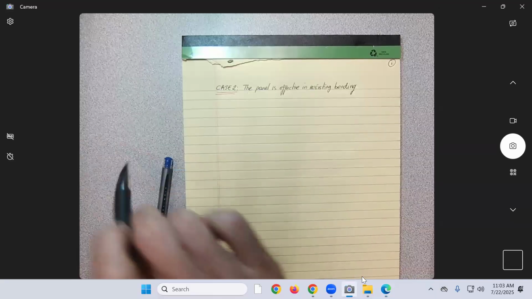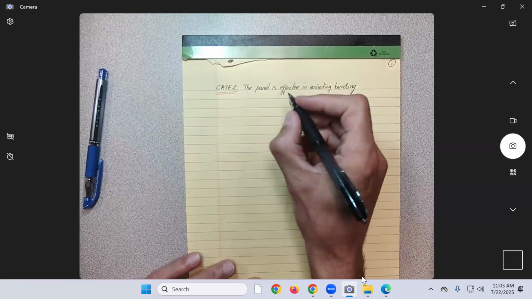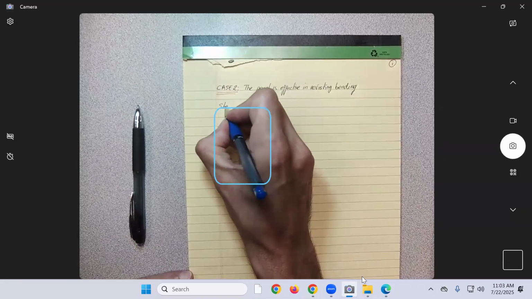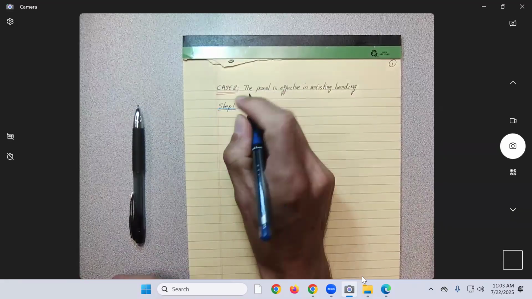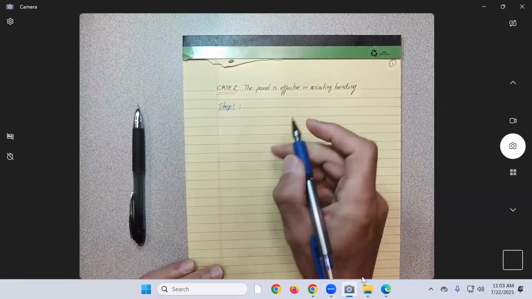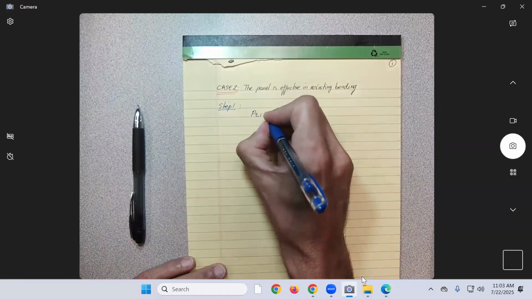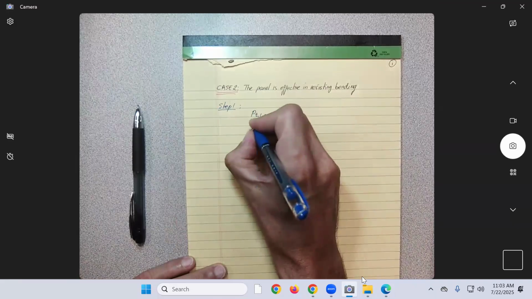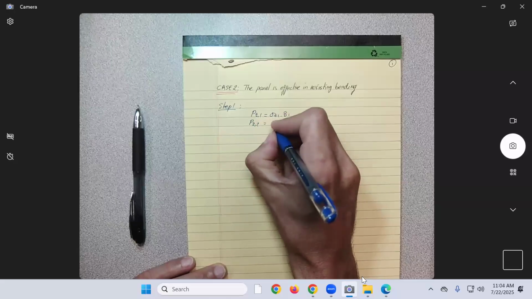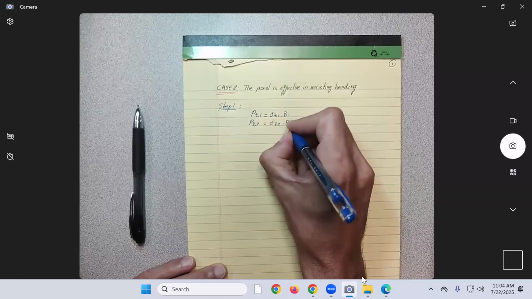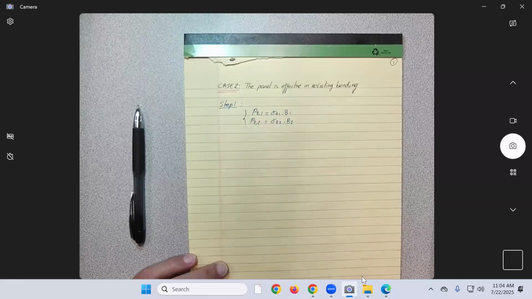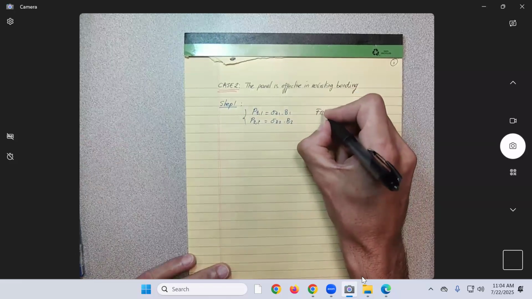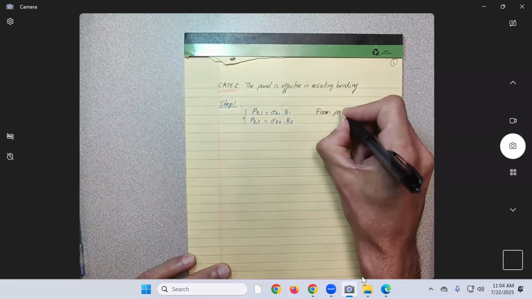All right, so you know which one we are solving. For case two, we have step one. We use the equation PC1 equal to the bending stress sigma 1 times B1. PC2 will be equal to the bending stress at 2 times B2. Okay, so from previous notes,